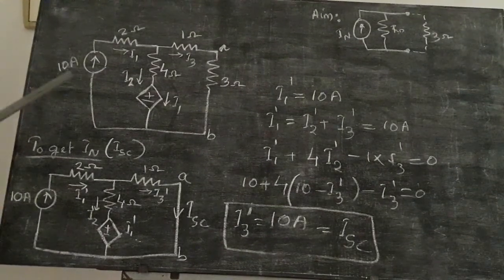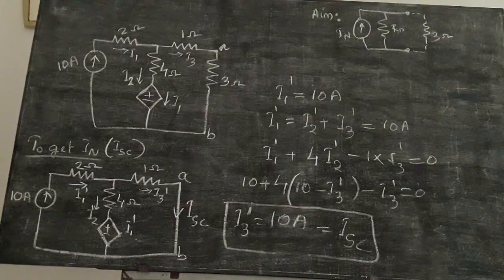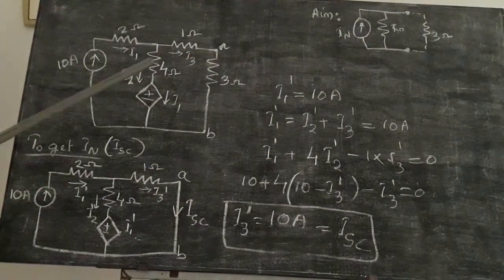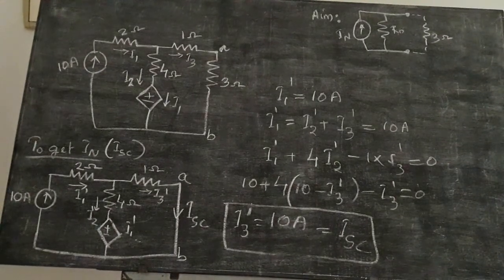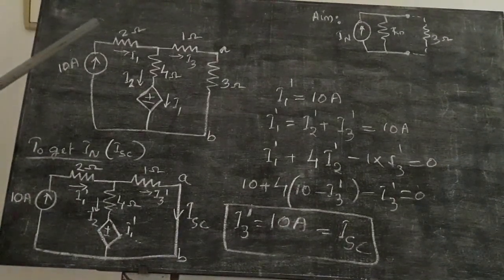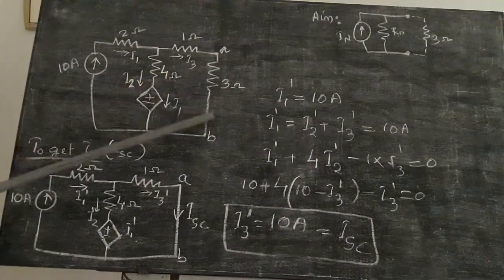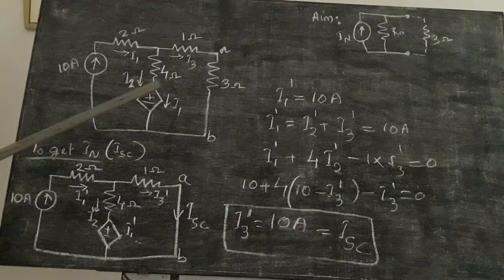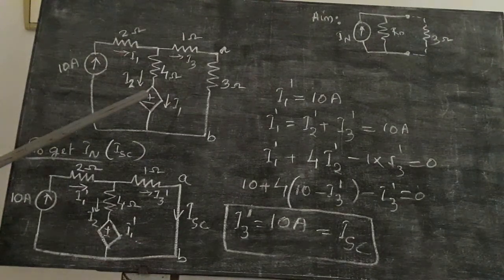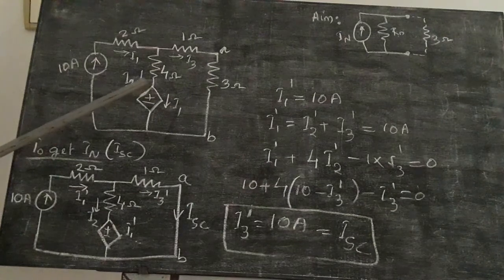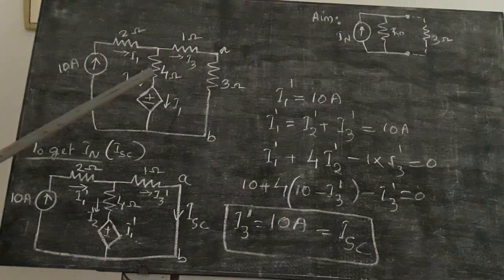Now we are going to find out the Norton equivalent of the circuit. Norton equivalent means we are replacing the circuit using a current source. And also it is asked in the question to find the voltage across the 3 ohm resistor. So here the load element is the 3 ohm. So we have to remove the load and calculate the Norton equivalent of the rest of the circuit, that is excluding the 3 ohm.